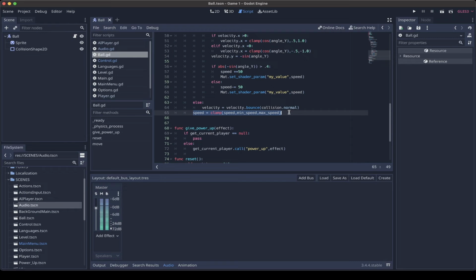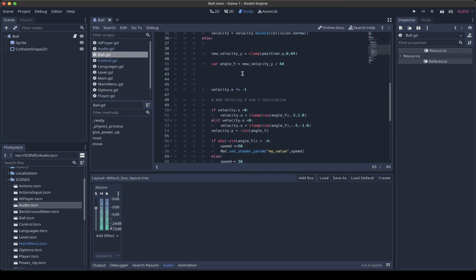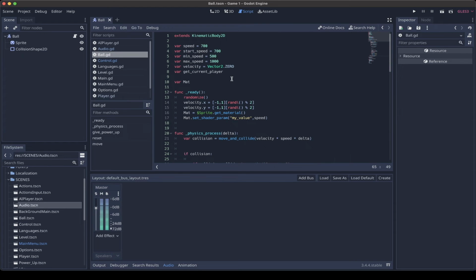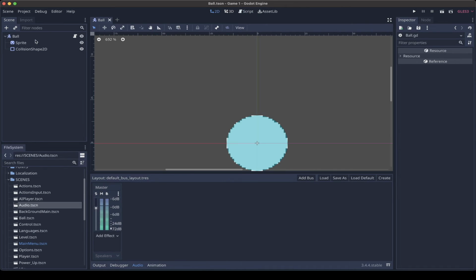I came in here and added a clamp value because I noticed we made these clamp values, but I forgot to tell the code to clamp the value between the min speed and max speed. When I was playing, I had a game going where the ball was going close to like 1500. It was getting pretty trippy. The ball was almost vanishing. So yeah, you want to clamp it. 1000 I felt was a little slow. You guys can bump it up, but you would also have to